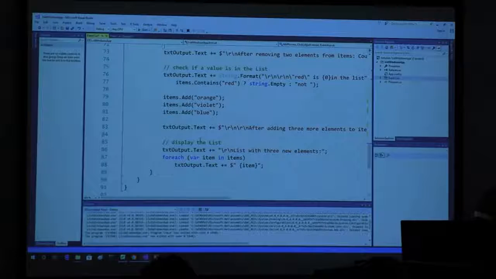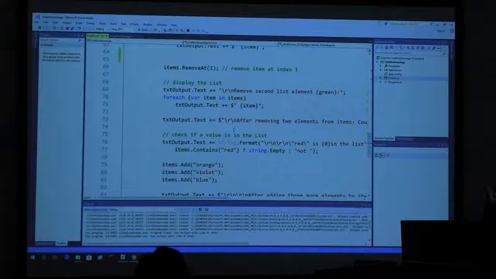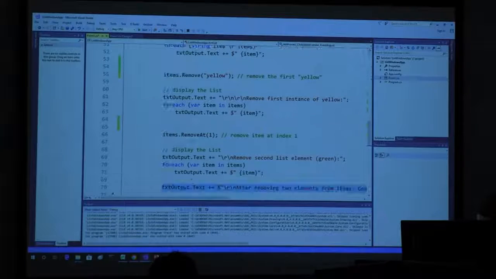And again, it's more of the same. Let's run until the end here. So what it does is removes from the first one, prints them again, after remove 2 elements. So again, we printed a message because we have removed one right here, removed another one right here,